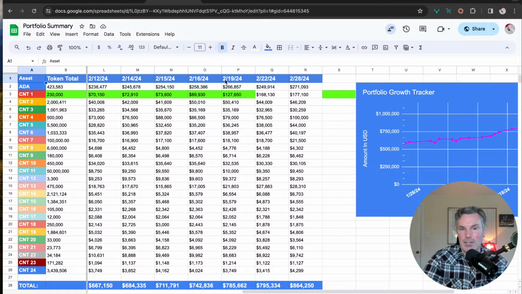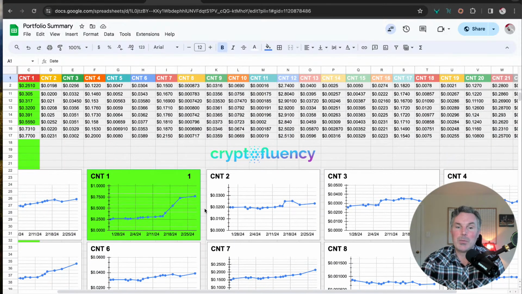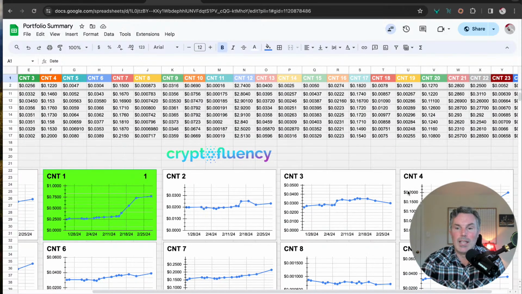And this is 2/19, when AGIX went off the chart. Then what happens is we bring it back to white, and when it goes off the chart again, it will be color coded another color so that you can see exactly when this happens, because I know this chart can look a little complex. And if we go back to off the chart, we have some prospective projects that are getting close to doubling.